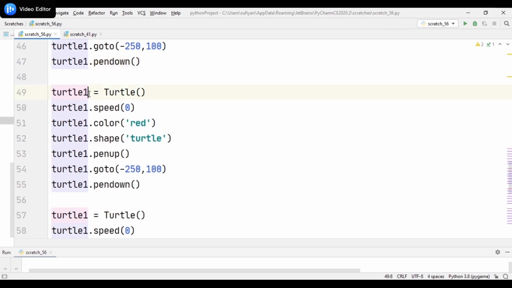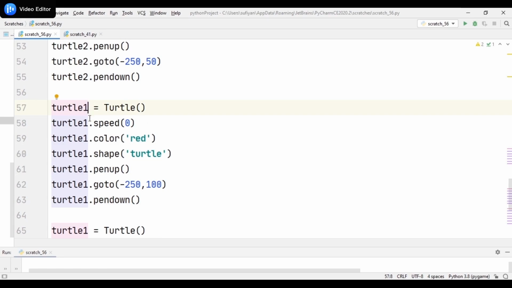Now for turtle2, simply press the alt key and erase the 1 and write 2. By pressing the alt key, you can erase the text at different lines at the same time. Color will be blue and the position will be minus 250, 50.